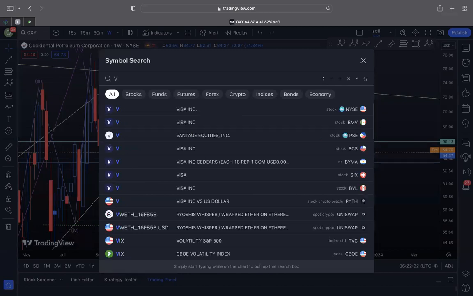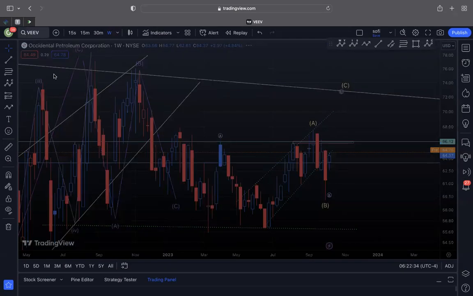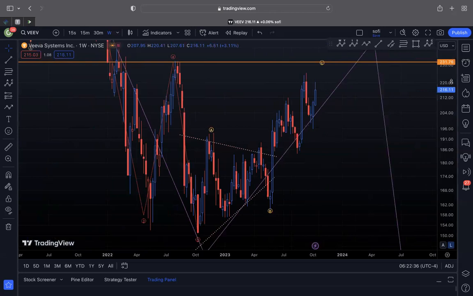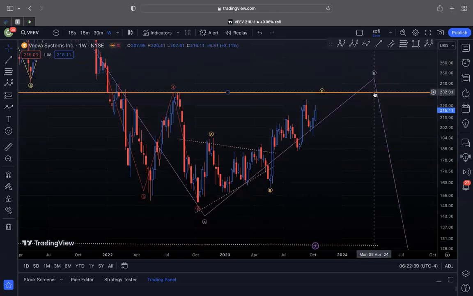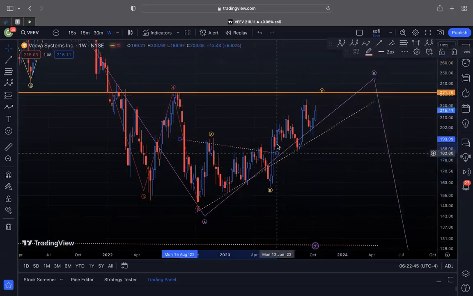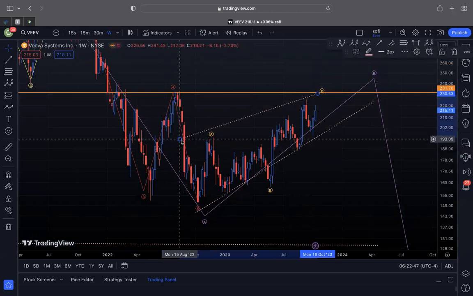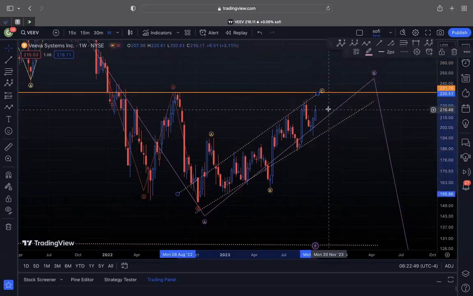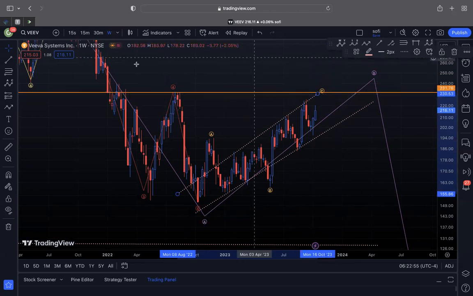And the next one we have is, again, the reason for that is I do think that it probably comes back up to test this resistance level. It has progressively held this trend line channel. So as long as it holds the trend line, it probably pushes up to the top of the trend line. So over 220, it could possibly see 225, 230.